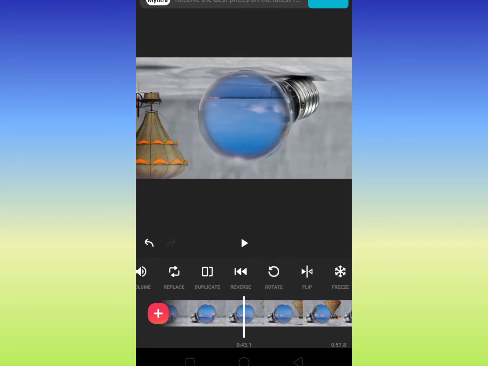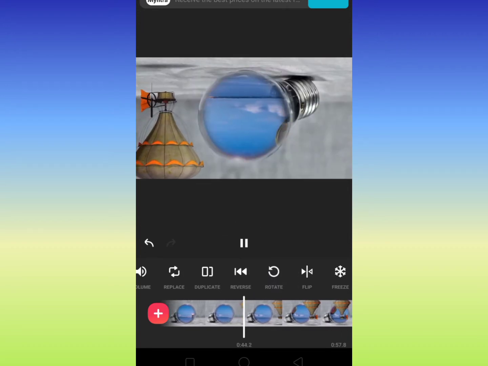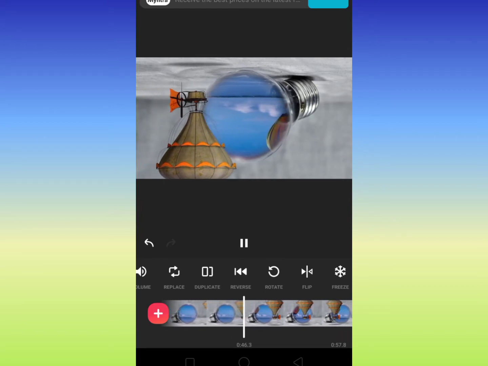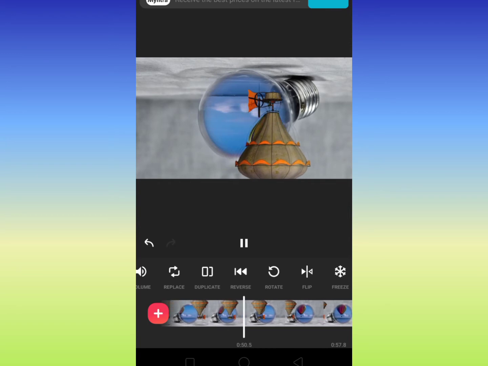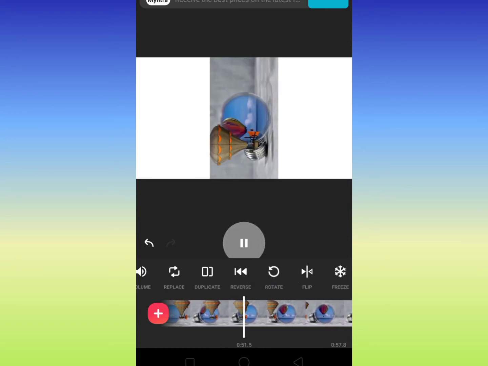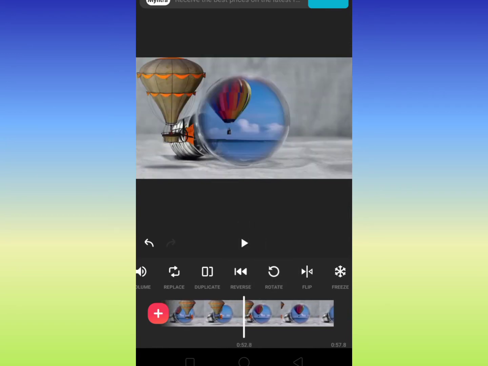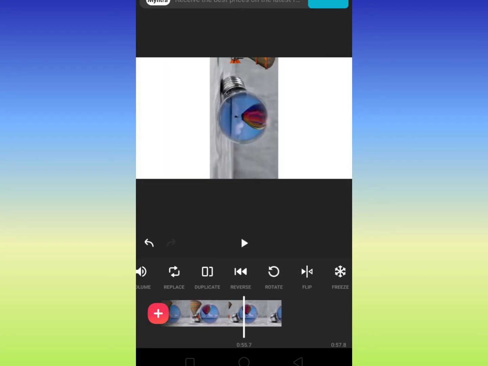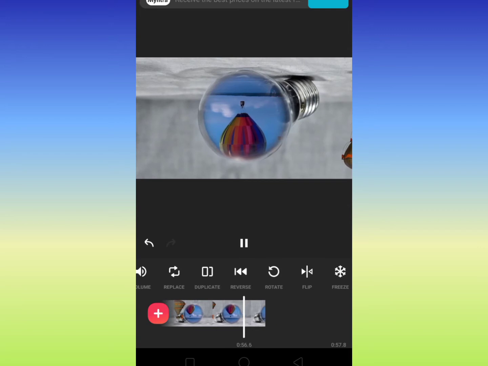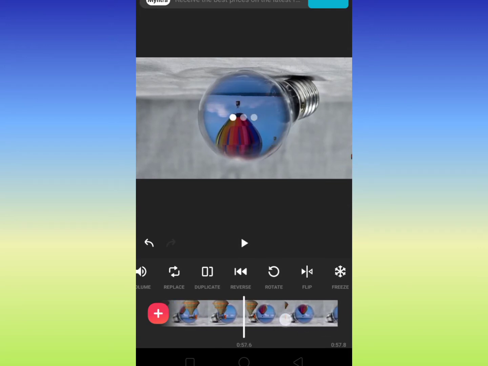So now with this rotate option, you can even rotate your clip, in clockwise or anti-clockwise direction, based on whatever you want to play around. So I've used this rotate option over here. Okay, so now we'll do something else with this.